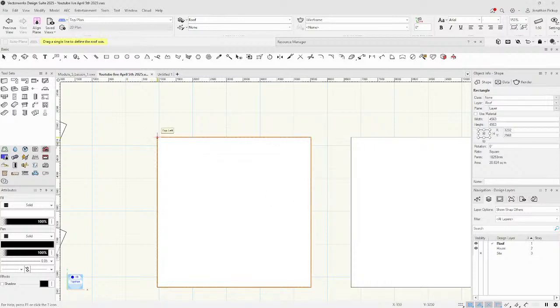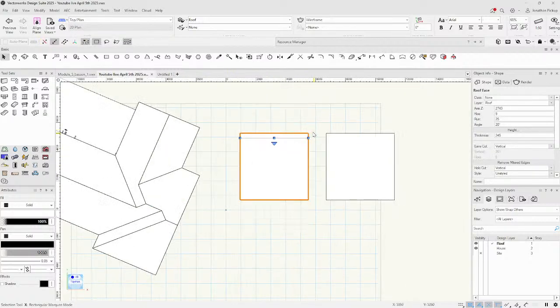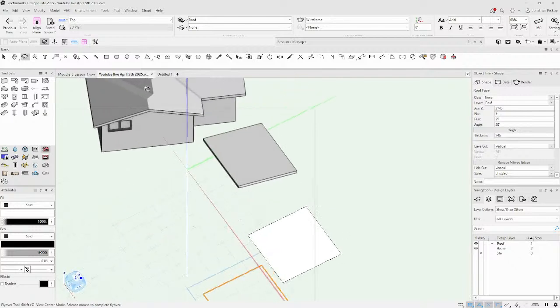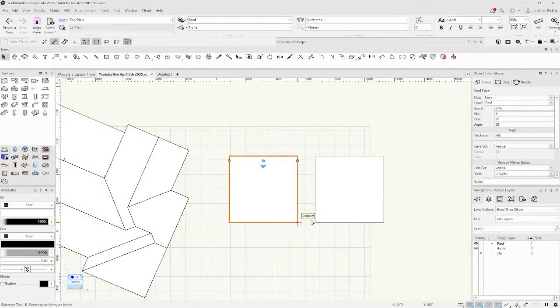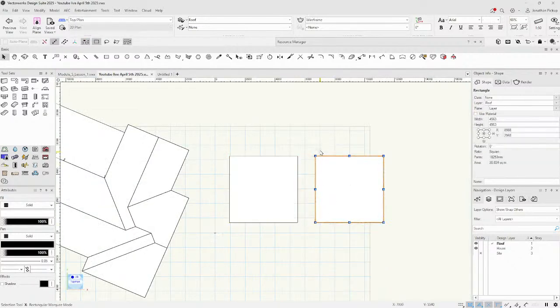So I click where I want my line to be. This is my pitch line. So that's my eaves out here. The arrow points up the roof, and there it is. We're now pointing up the roof. So we select this one, and we do